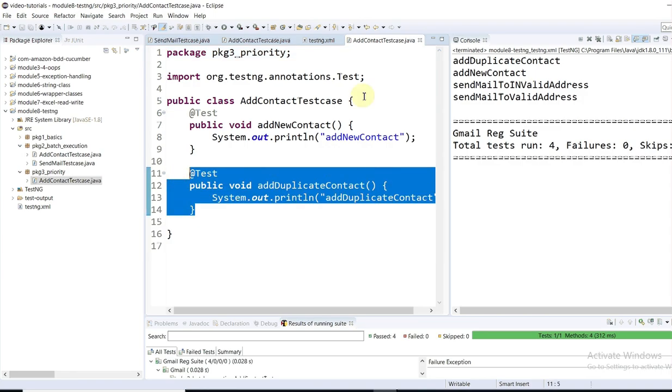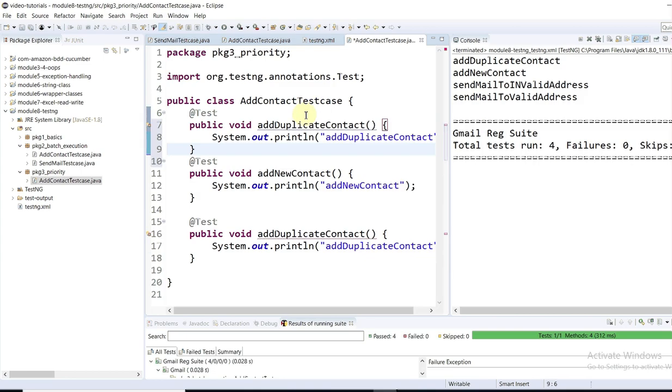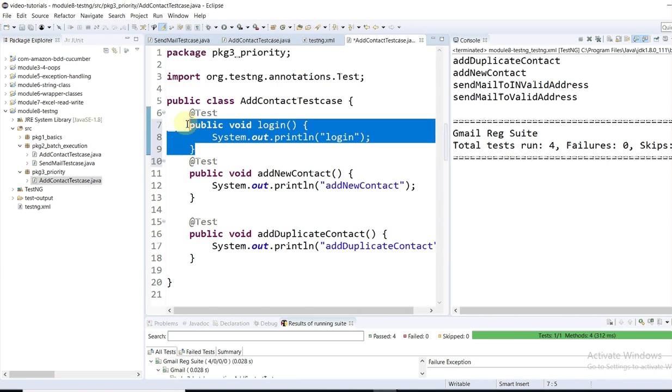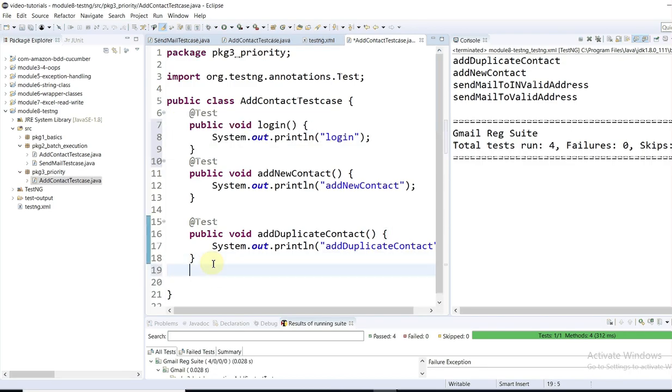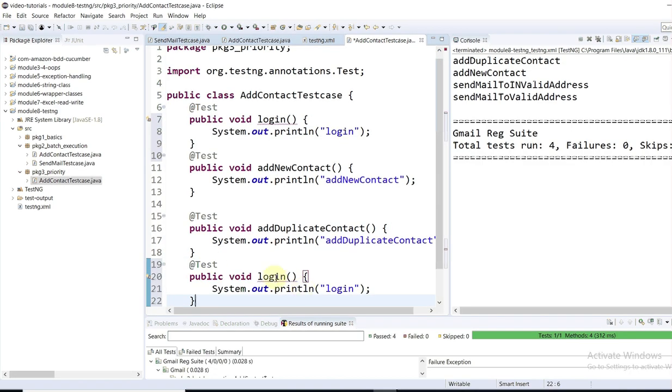Let's say I want to log into Gmail first. So I'm going to create login first. Okay, and then maybe towards the end I want to log out, right? So here I have defined